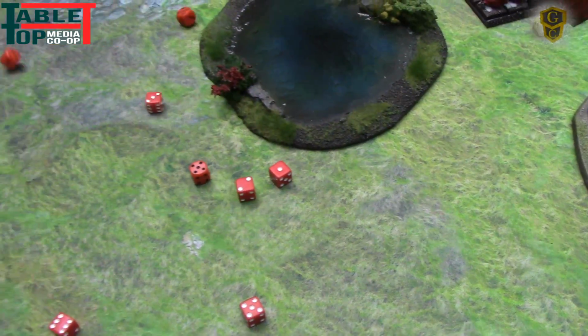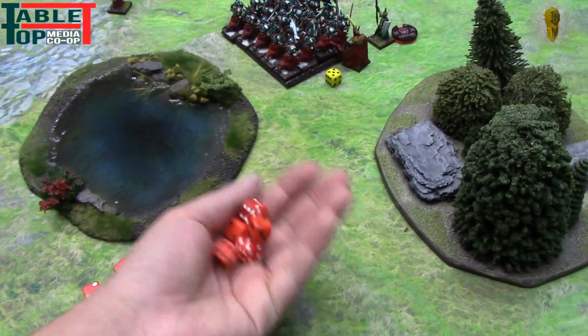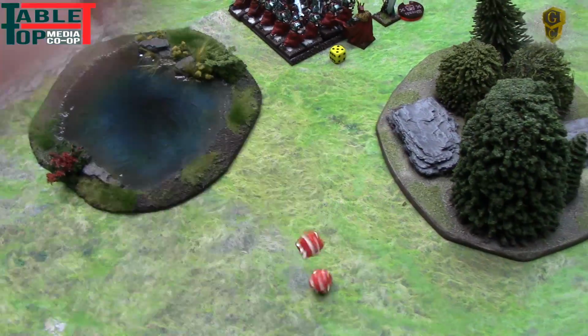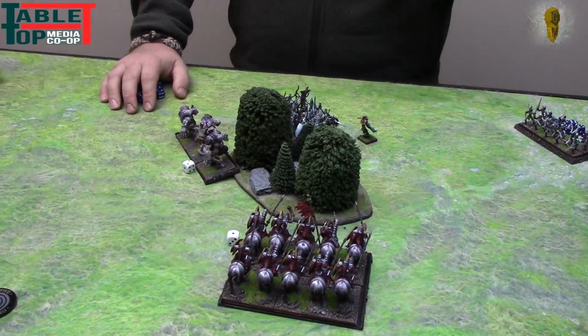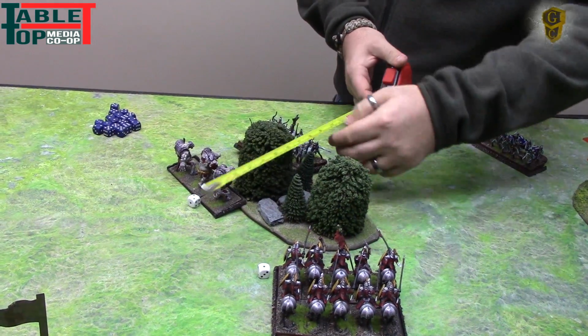Rolls. 4s and 3s. We're going to get a total of 5 hits. 2s to wound. 5 wounds. Okay, so you're at 7. 7 to waver, 9 to kill. Nothing. Charge. Wavered. Oh, that's right. Wavered can't go in. They'll charge. Yep. Charge up. Get out of the way. And then she's going to go 12 just to get...